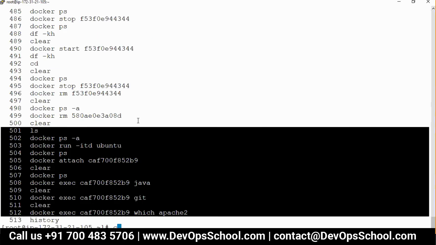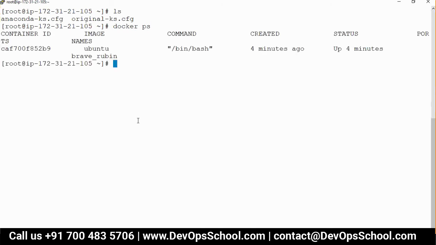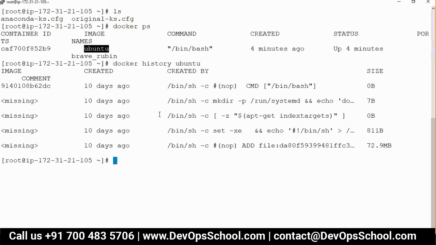So now what to do? Remember guys, history and inspect commands, always remember. So Docker ps. Right now, Docker history. Remember the image of Ubuntu. This is the last commit which was made in Ubuntu. Now I'm committing it. So Docker commit. Why are you committing?